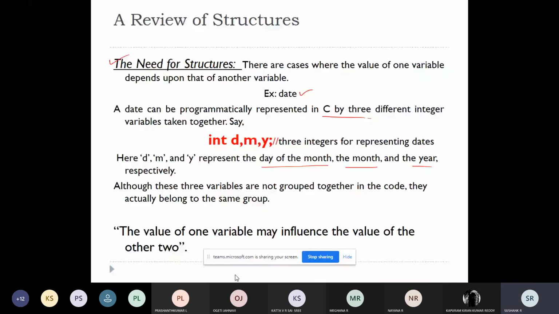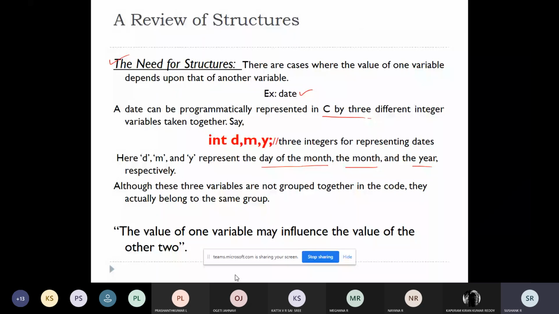When you individually refer to D, it will just be an integer. When you individually refer to M, it is a month, which belongs to the integer data type. But when you combine these three variables, you will get the date. Whenever you are considering them individually, you will not get the meaning. But when you are grouping them, you will get some value.